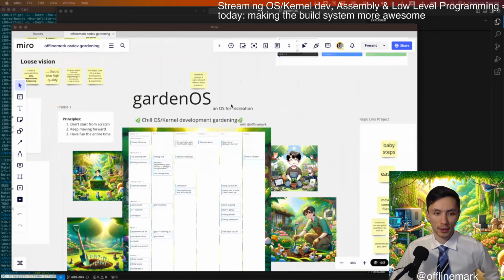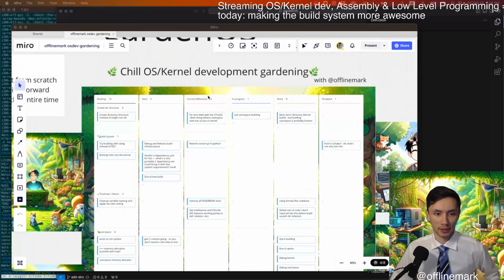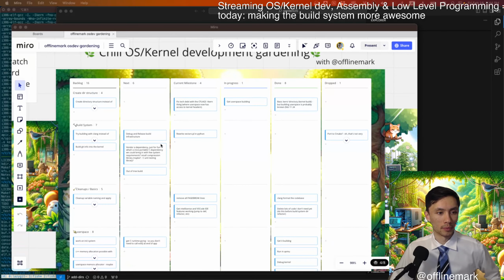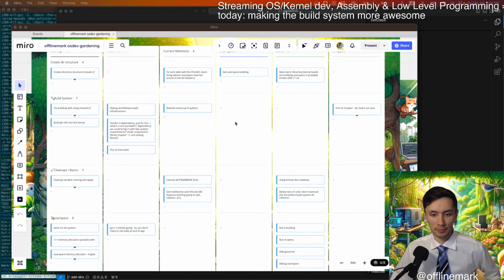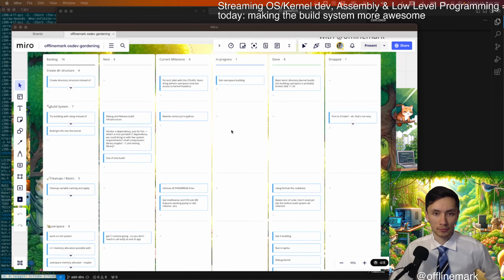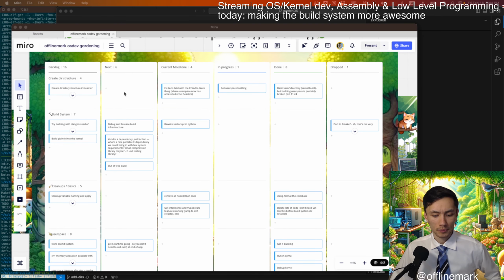So with that in mind, let's take a look at our Kanban board for what's going on with the project. It looks like a lot because I have a lot of ideas. Well, I guess I've already done a bunch of basic stuff too, but for the moment, we are still in kind of a basic mode of just getting up and running with the OS.